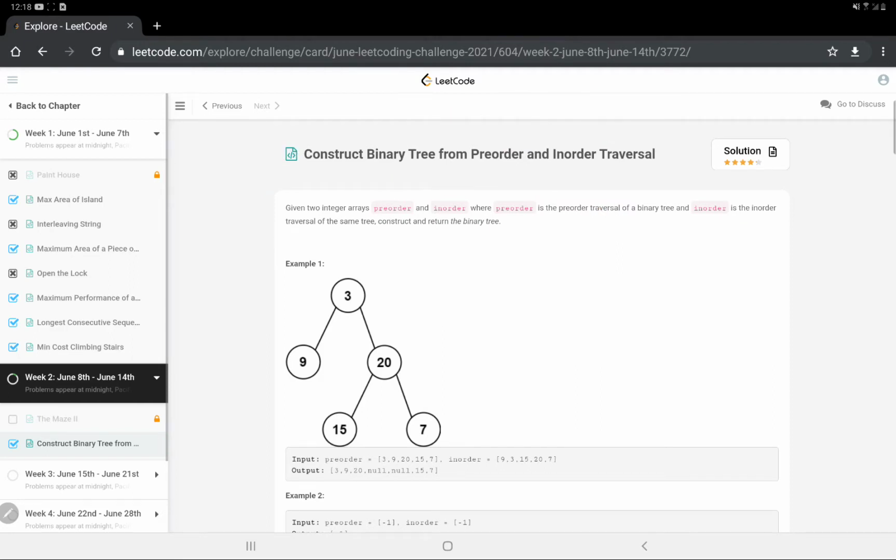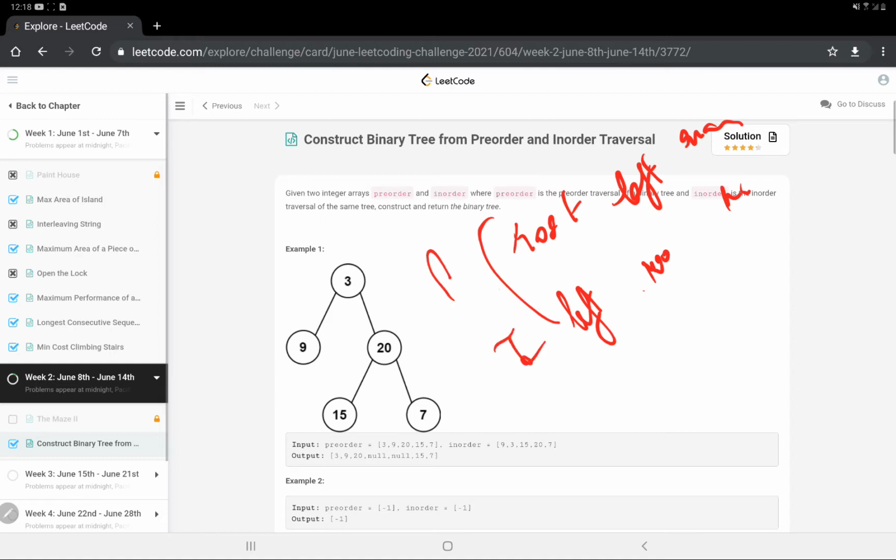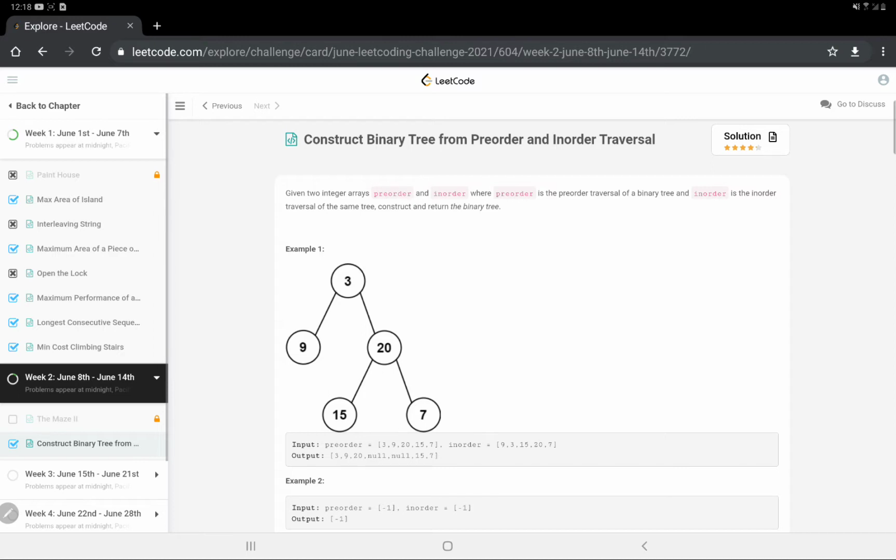So this is kind of a standard basic question that is usually asked. For attempting this question, you should know what the pre-order and in-order traversals are. The pre-order traversal says that the root would always be first, then the left node comes and then the right node, whereas in-order says left node comes first, then root and then the right node. So these are the two traversals, and you can search about this in detail on Google as well.